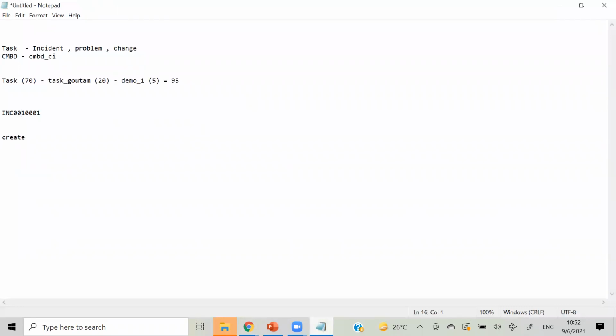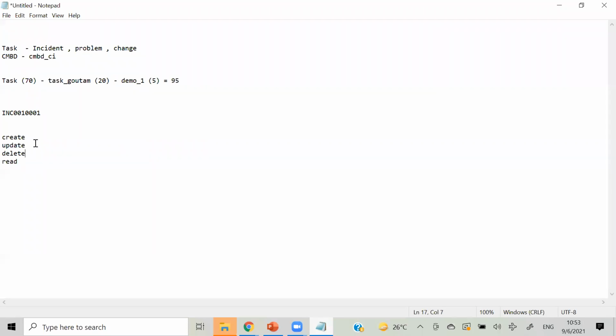If that person has this ACL access to create, only after that can he create a record in this table. Then we have not edit but update. Then we have delete and we have read also. If that person has read access to the table, only after that can he view records of this table. If he doesn't have read ACL access, he won't be able to read.